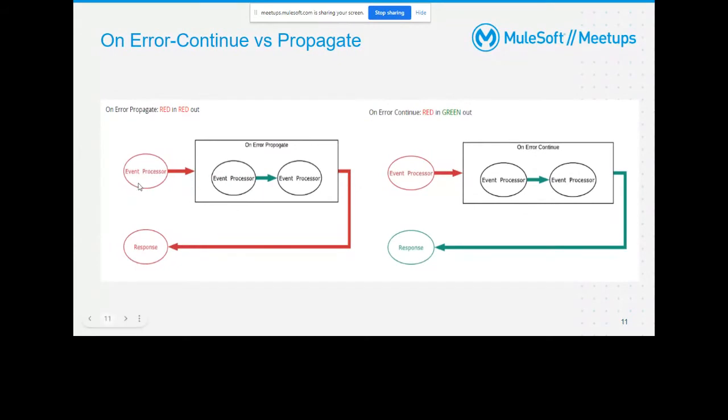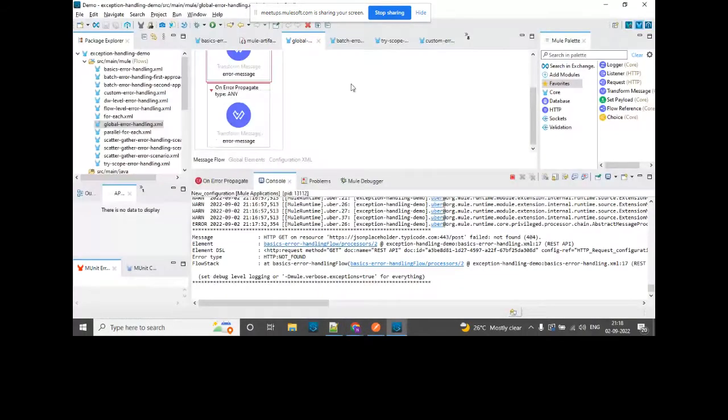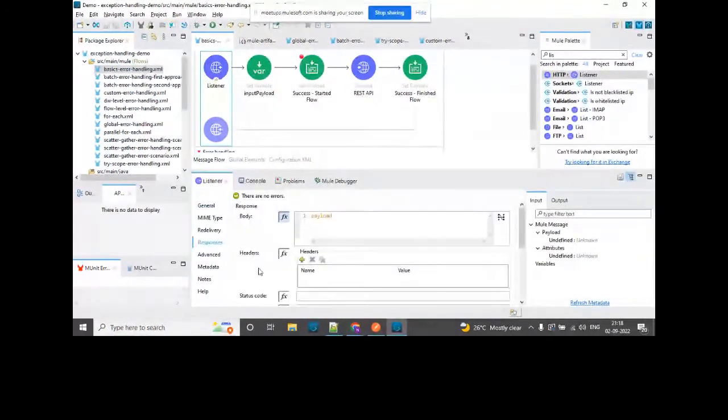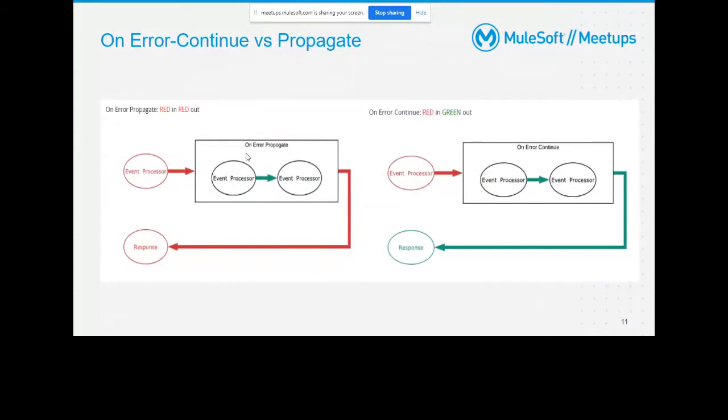So suppose this is my event processor. I will say this is my listener. These are my components. Basically, you can say transform message, database, anything. And this is my response, which is always returned by listener. As we saw, there is the response section in the listener, which I showed you previously, which prints our responses. So this is my on error propagate scenario, where what happens if the event processor has